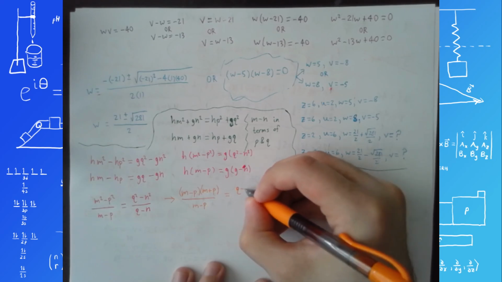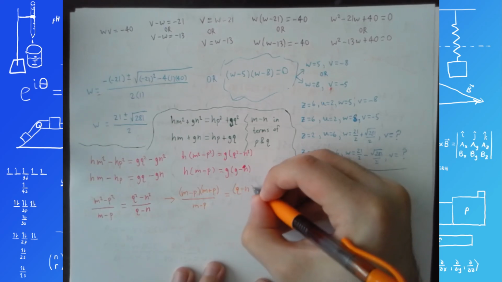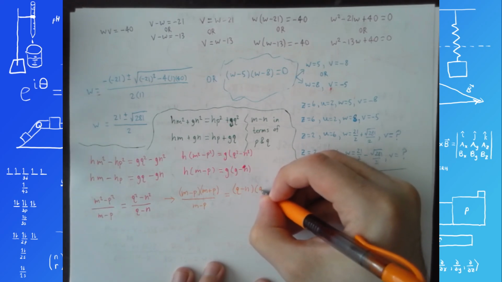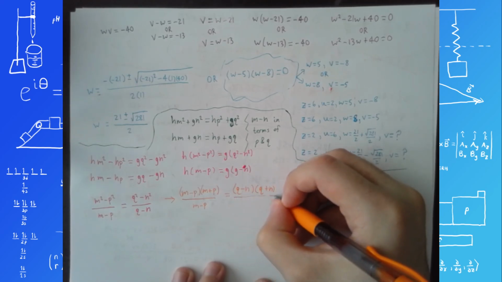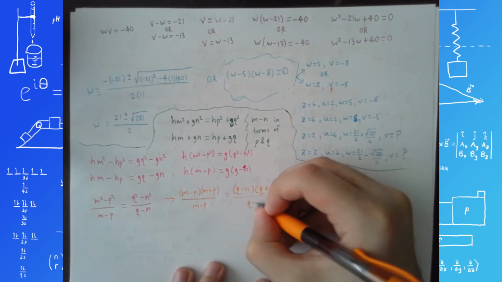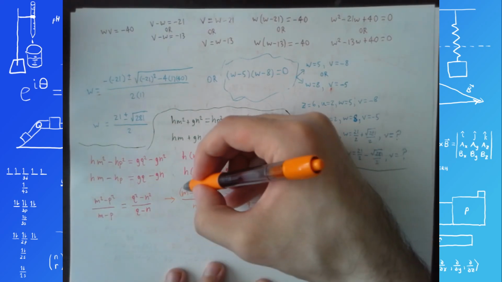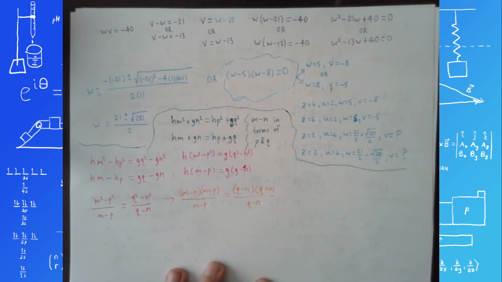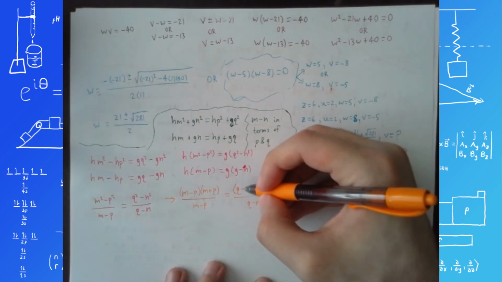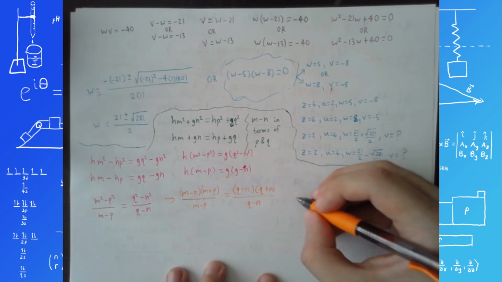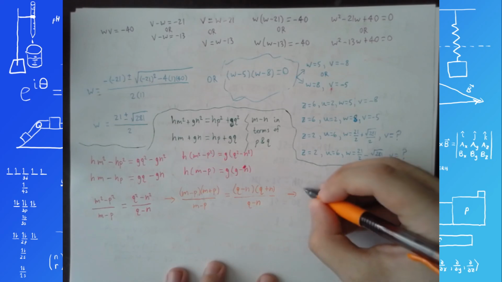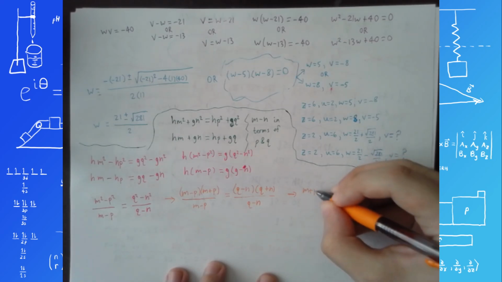You get q minus n times q plus n, and the denominator is still q minus n. m minus p divided by m minus p is 1. Similar story for q minus n over q minus n. And that leaves us with m plus p